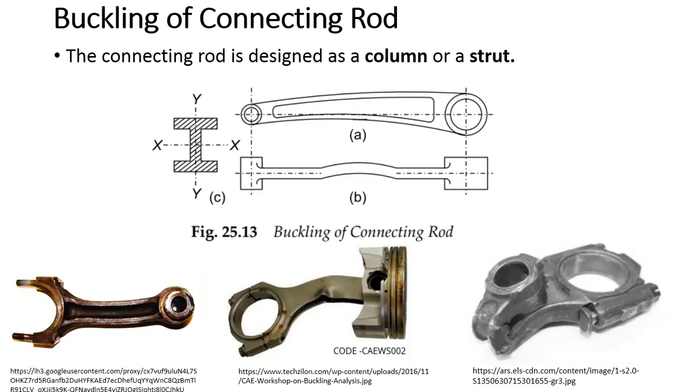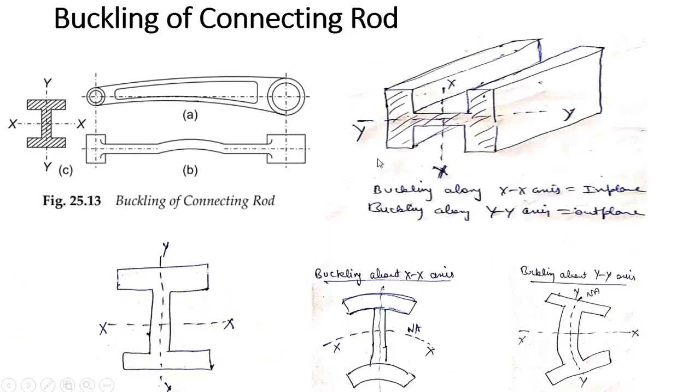So basically the connecting rod is subjected to axial compressive forces equal to the maximum gas load on the piston. That's why the connecting rod will buckle, and that's why these two conditions occur, whether it will be an in plane buckle or an out of plane buckle. But how it occurs, I will tell you. Let's say this is one section. I have drawn one diagram for this. So this is one type of diagram I can have.